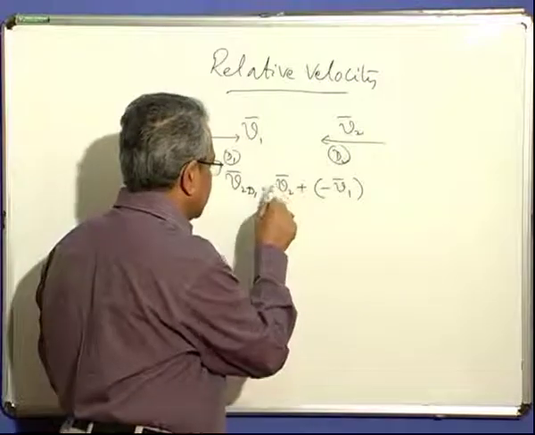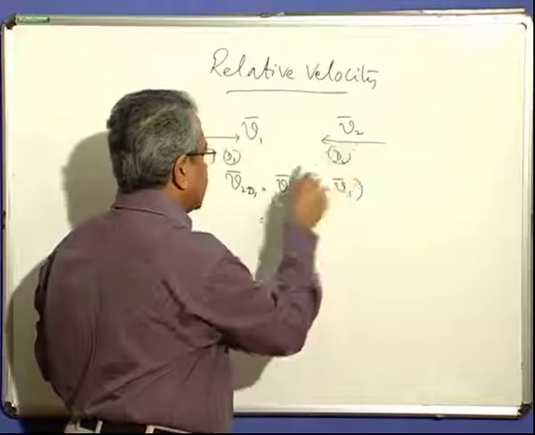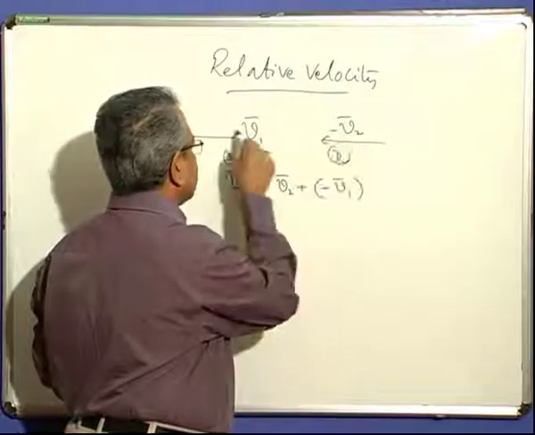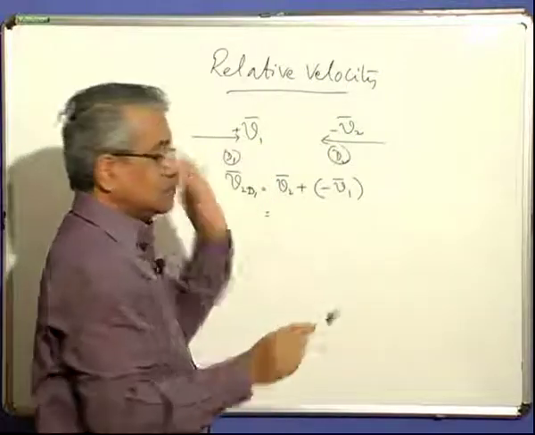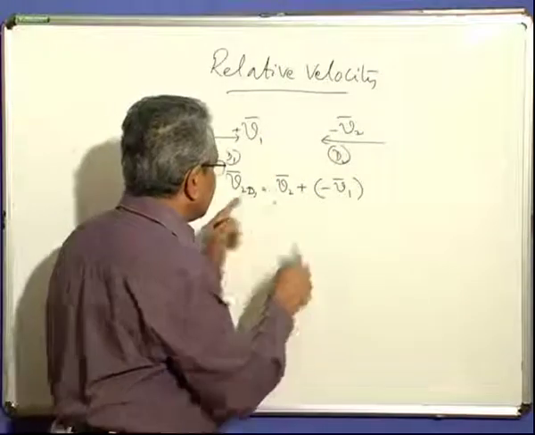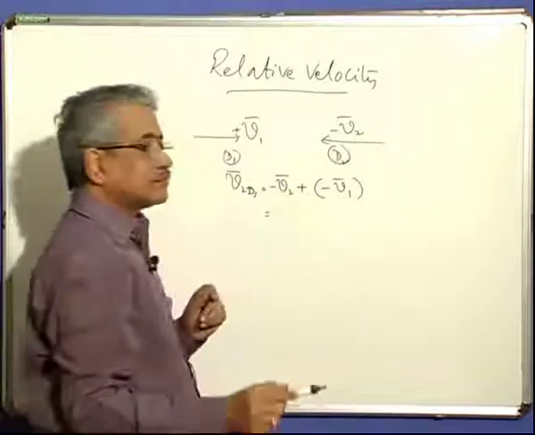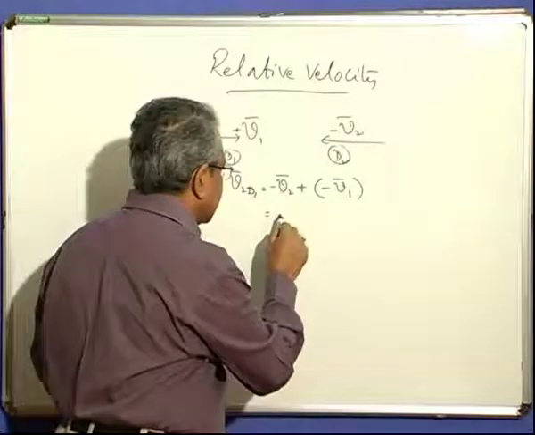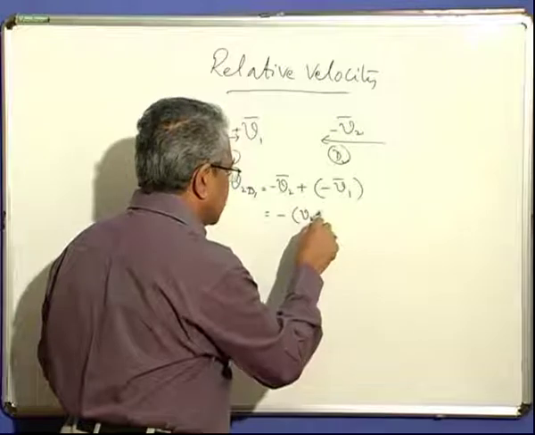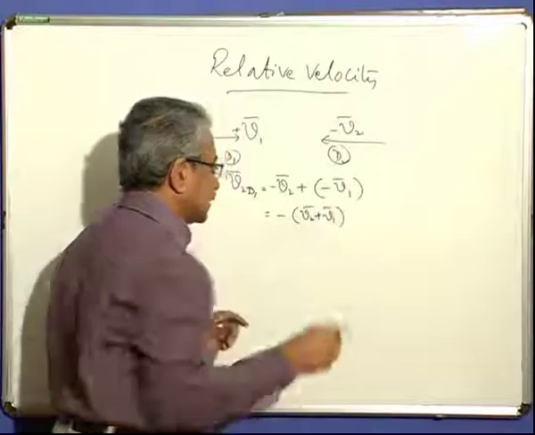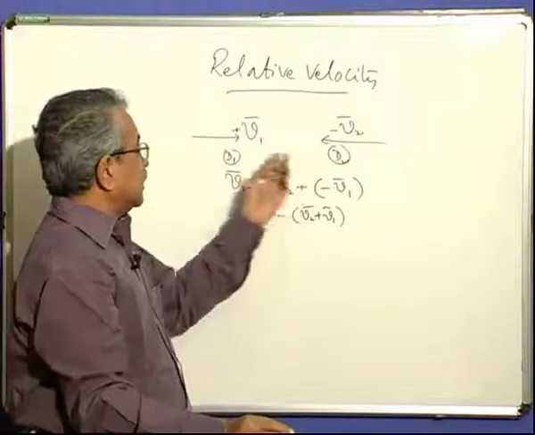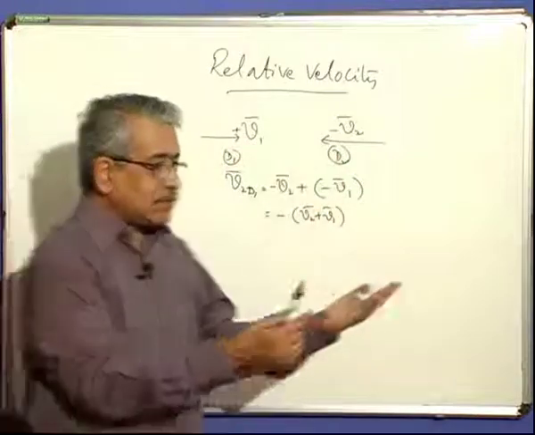So if you take this as V2, if you refer to this direction as minus, this direction as plus, then the actual velocity here is minus V2. So you will find this as minus V2 plus V1 if I put it in vector notation like that. That means he will see both velocities. The body is coming to him faster